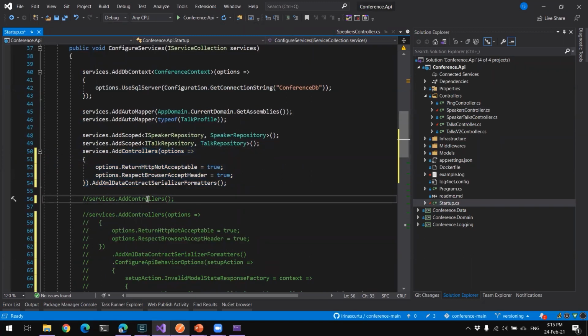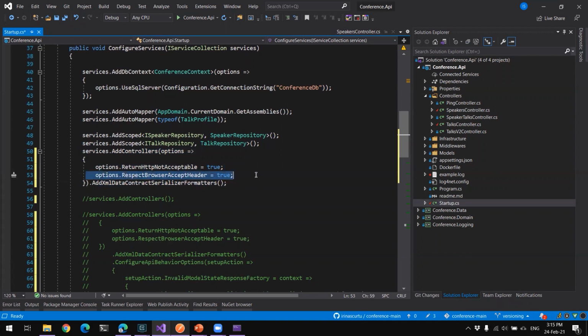In Web API, you will have AddControllers as a default option, but you can also tweak this by sending a lambda in here, and you will have the option RespectBrowserAcceptHeader. If you enable this, because by default it's set to false, now when you issue a request, Web API, the server, will look at the header and actually take that into account.